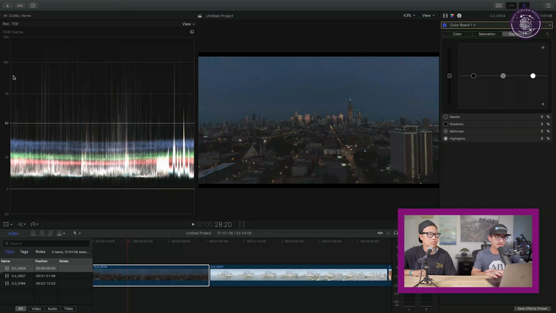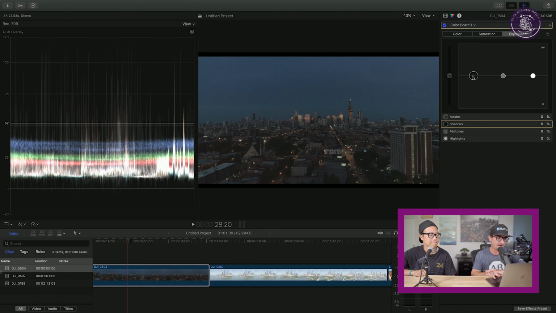Well, you want it to be whatever reflected the actuality. So during the day, you're obviously going to have a lot more stuff up in this higher exposure. During the night, you're going to have it be lower. But basically, you're just going to take your shadows, your midtones, and your highlights, and